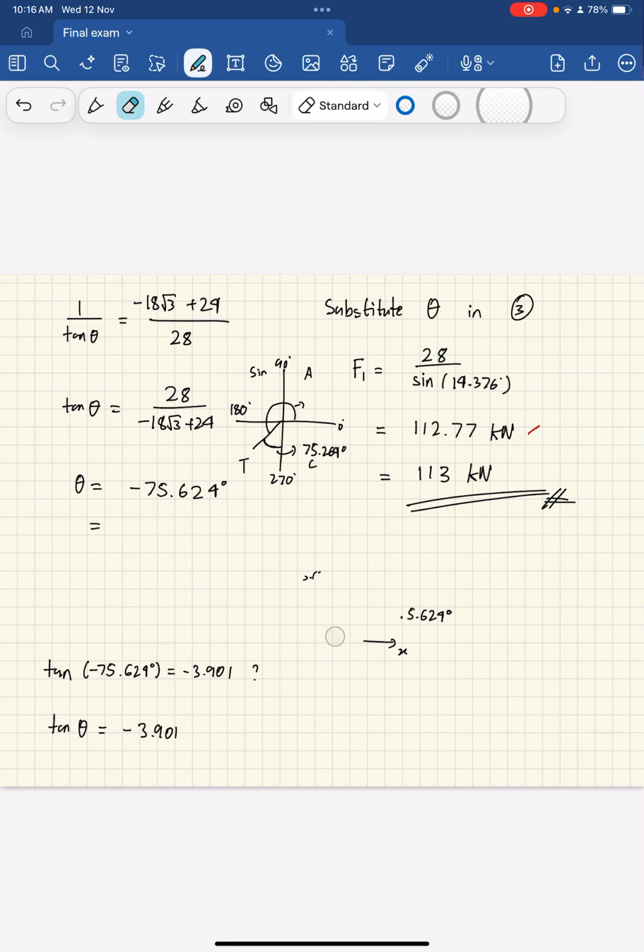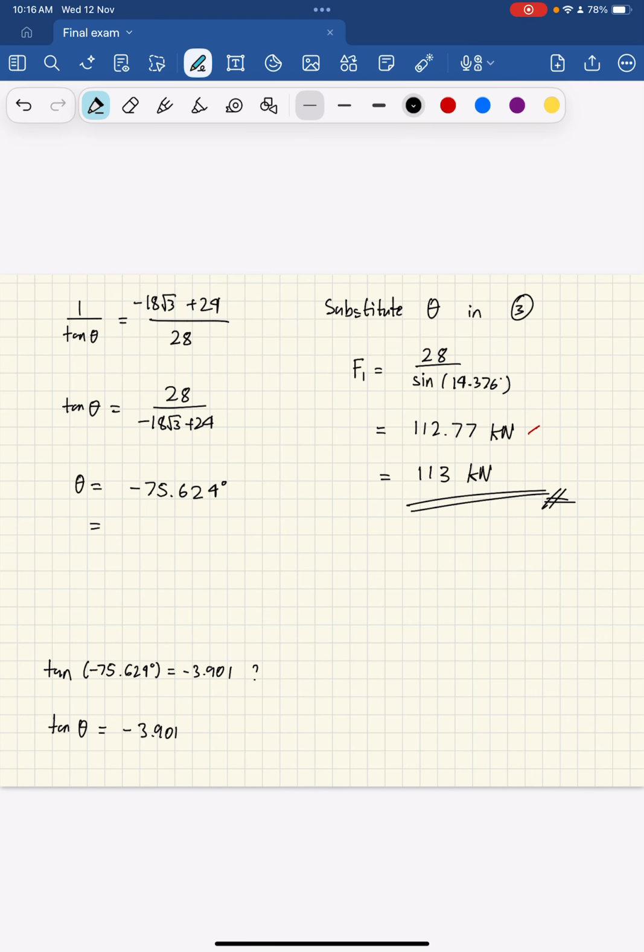So if we were to figure out, let's say for example, if we use the quadrant, okay, got it. So in order to actually find theta, by the way,